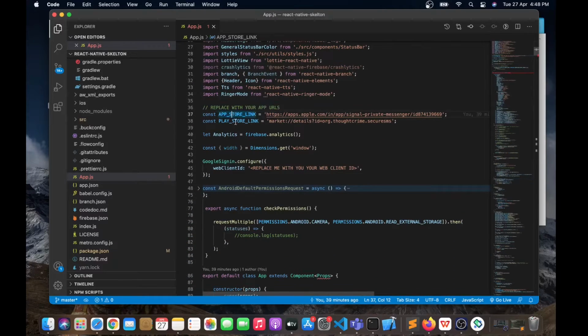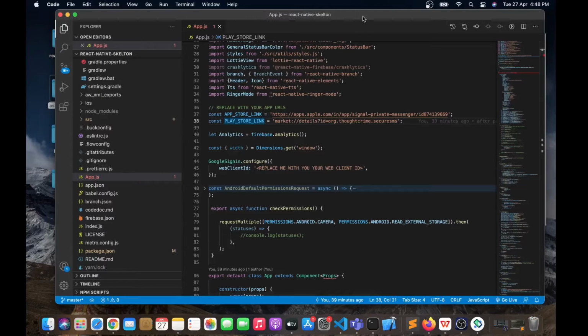you can see these two store links over here, it is being used for the force update of the application. For example, the current version of this application is 2.0.0, and you have released a latest version which is 2.0.1. You want your users to update to 2.0.1 forcefully.